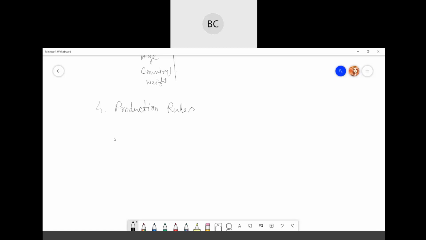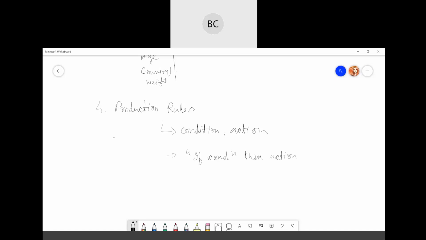Okay, so your production rule system mainly consists of condition and action. It's two pairs, so it will be like: if condition, then action.